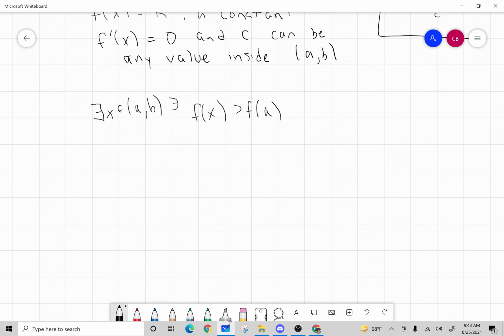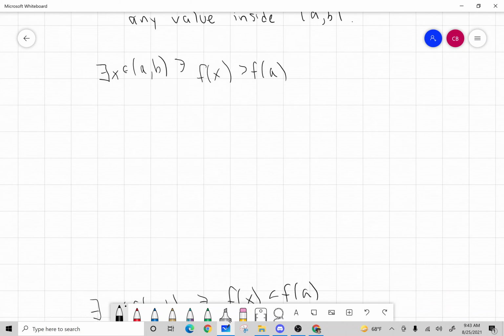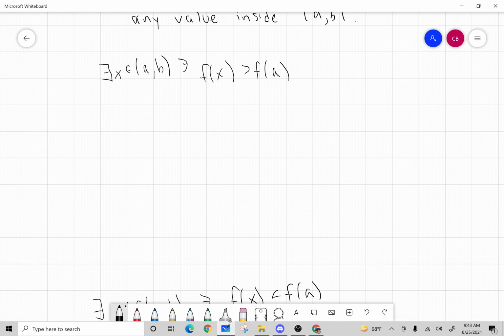Let's consider if f of x is greater than f of a for some value in there. What this says is there exists an x inside of the open interval (a, b) such that f of x is greater than f of a. So by the extreme value theorem, this is what we talked about in the last section,